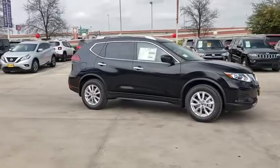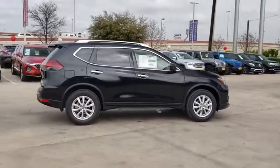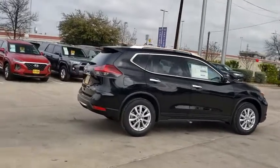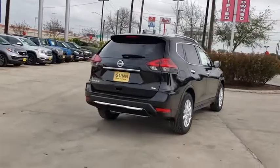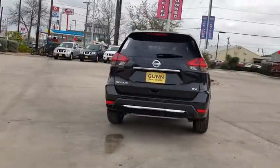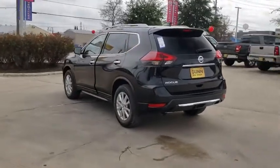Stop by and take a look at the 2020 Nissan Rogue. The stylish Rogue gets 27 mpg and still boasts nearly 58 cubic feet of cargo space. With a 5-star side impact safety rating and confident handling, the Rogue is more than you expect and everything you